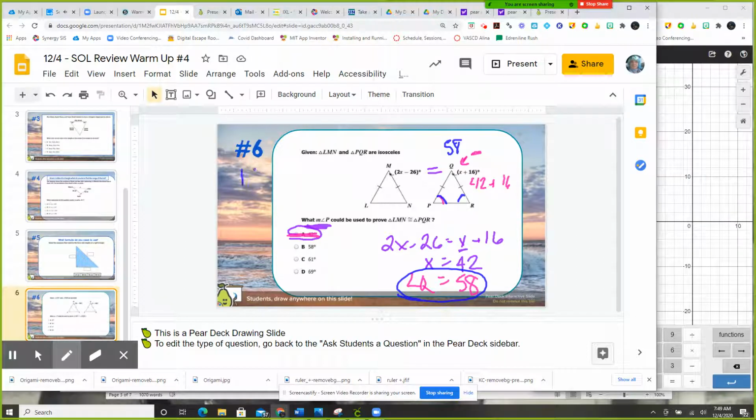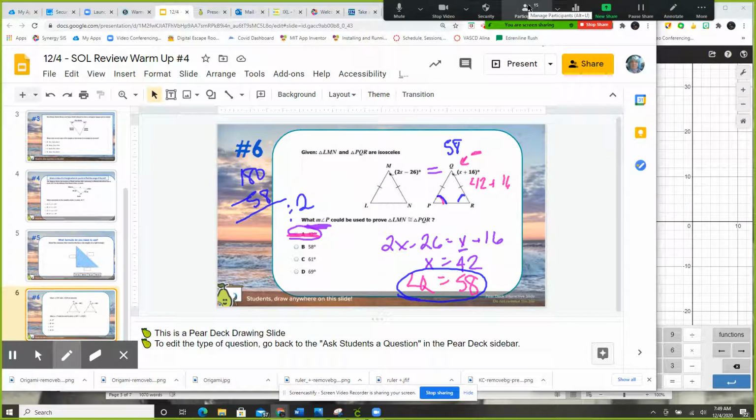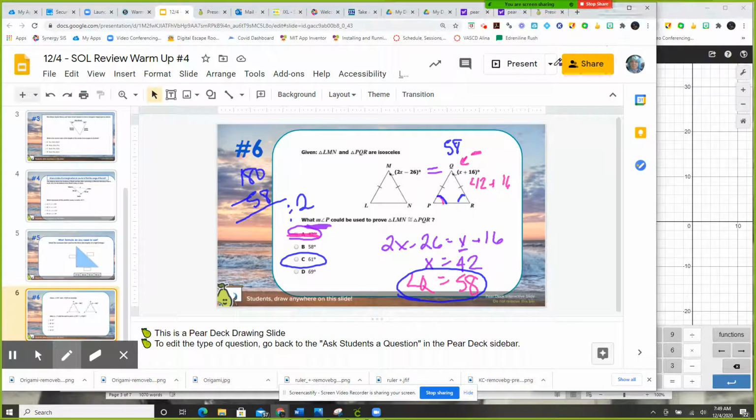So can we do 180 minus 58 and then whatever that is divided by 2? Yes. Yes, we can. So what do I get when I do that? 61. Awesome. I'm going to stop sharing because we are at the end of our